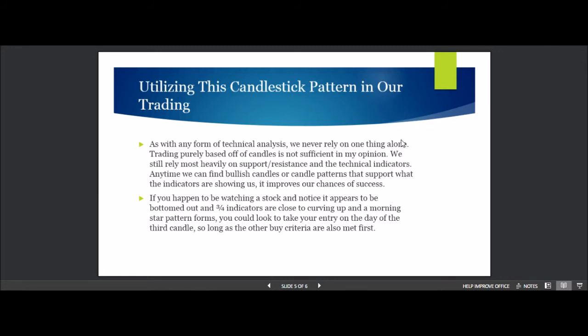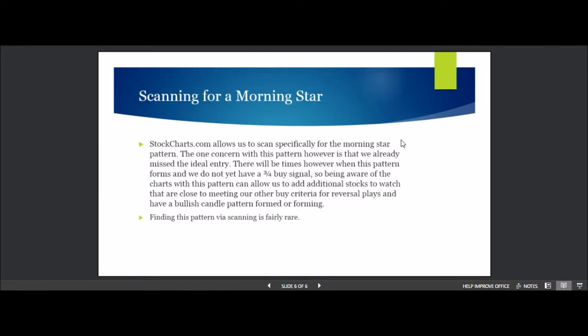Let's go ahead and move on here. So scanning for a morning star. Stockcharts.com allows us to scan specifically for the morning star pattern. The one concern with this pattern, however, is that we already missed the ideal entry in many cases. Like we talked about, if you're going to scan for this one, it's going to pull up ones that have already formed. So we've already seen a good push on that third day, and we may have missed the ideal